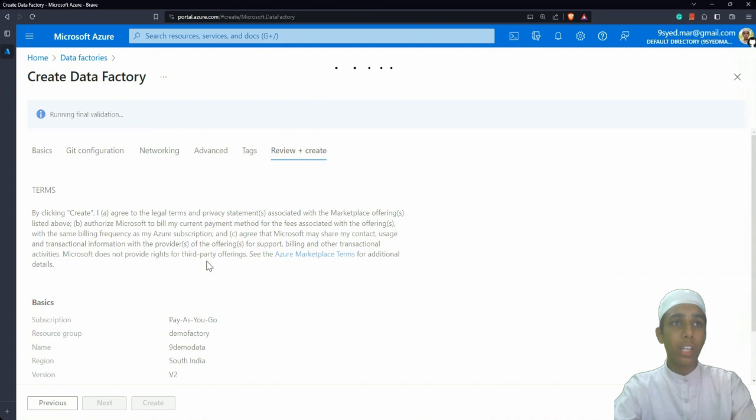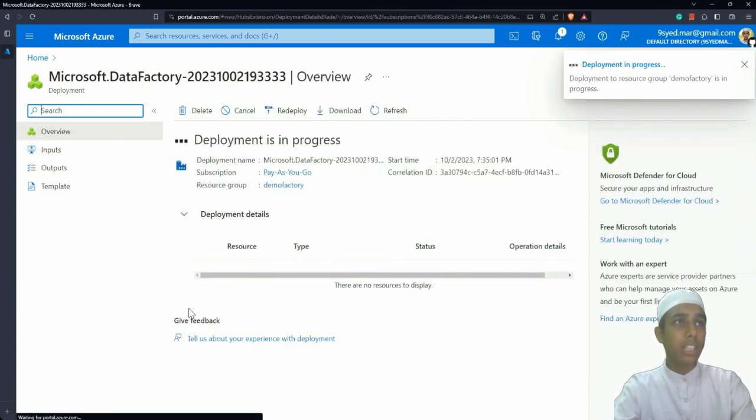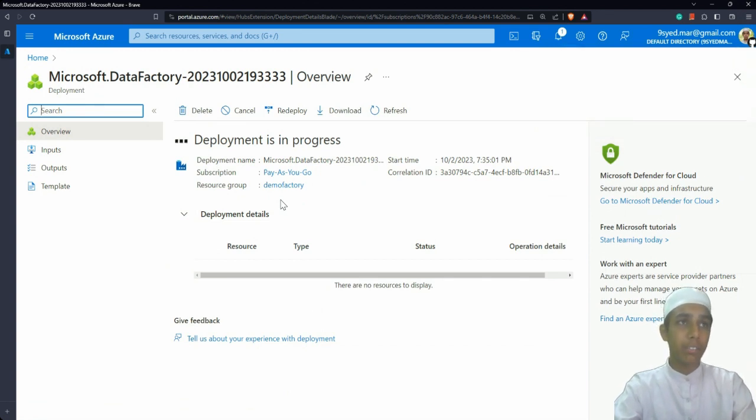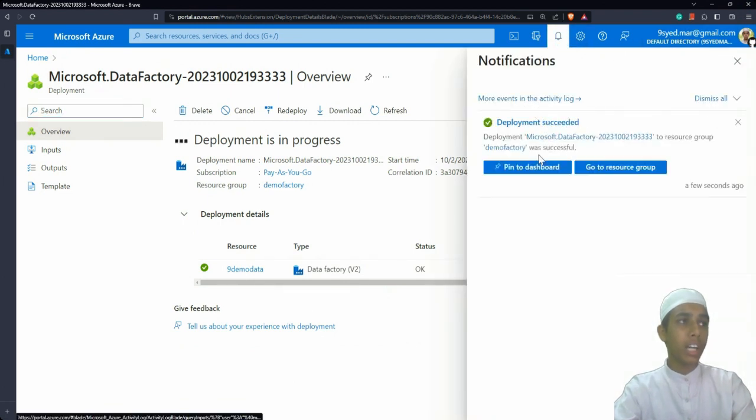It's going to take some time for creating. Click on create. Now as you can see, our data factory is being created. It's running, right? Then we are going to get a notification that, yeah,